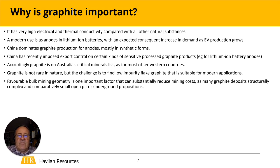China dominates the graphite production for anodes, and that's mostly in synthetic form of graphite. And interestingly, China has recently imposed export controls on certain types of sensitive processed graphite products, e.g. as used in lithium-ion battery anodes. So therefore it's not surprising that graphite is in Australia's critical minerals list, as it is for most other Western countries. Now, graphite's not rare in nature, but the challenge is to find low impurity flake graphite that's actually suitable